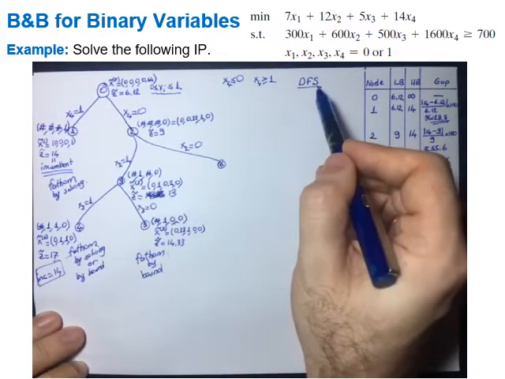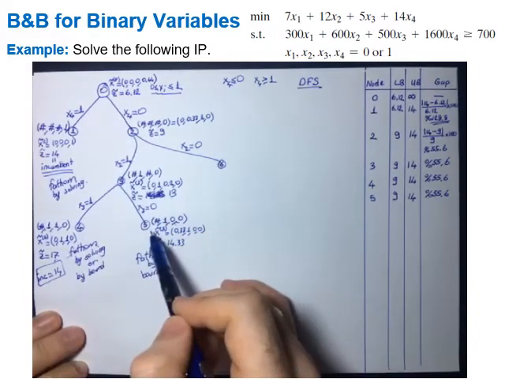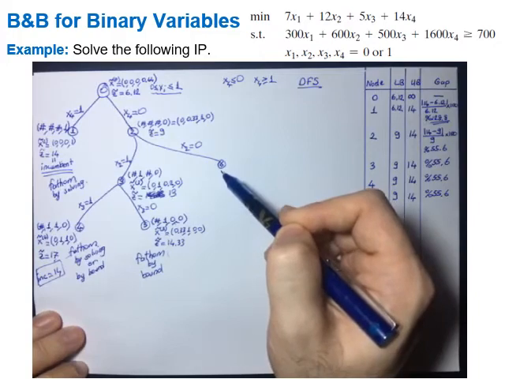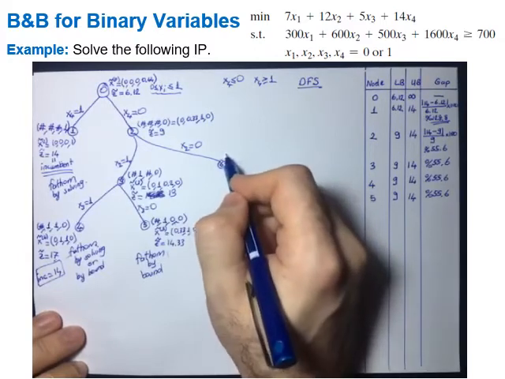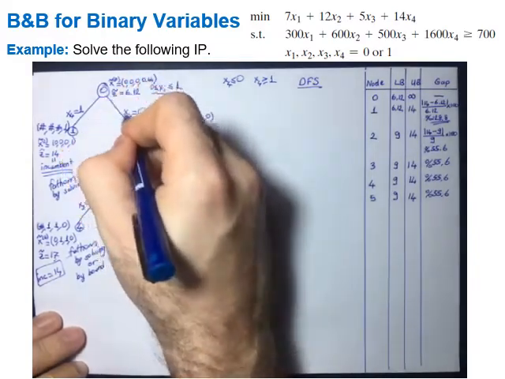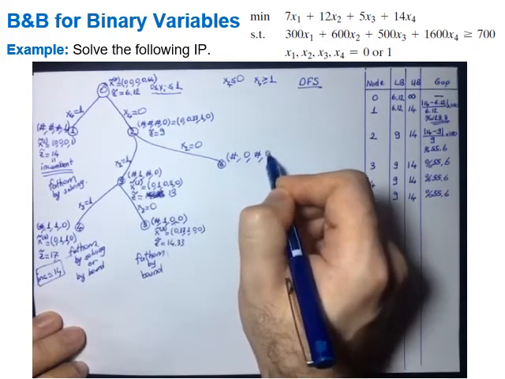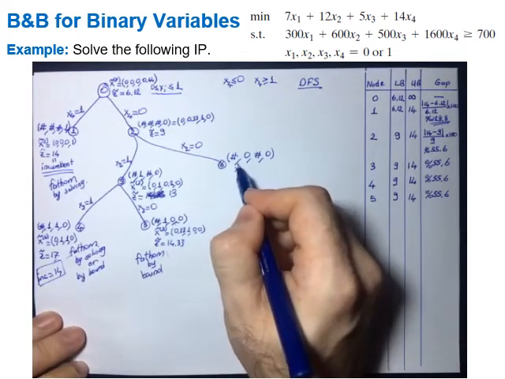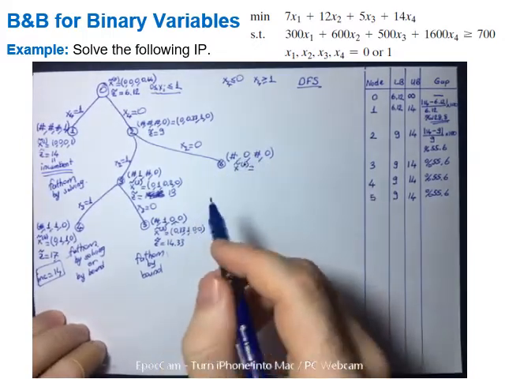But according to depth first search, what happens? We select one of them and continue from that side numbering, and then whenever we finish all of them, then we return back. So the numbering can be different. Okay. So now in this sixth node, which problem are we solving? Let's see. X1 is free, X2 is 0, X3 is free, and X4 is 0. We are solving this problem, and when you solve it, you obtain this solution